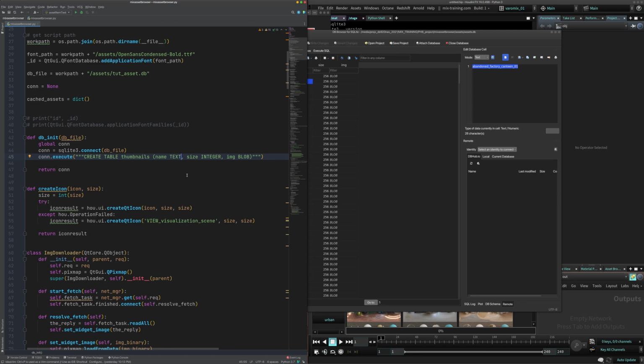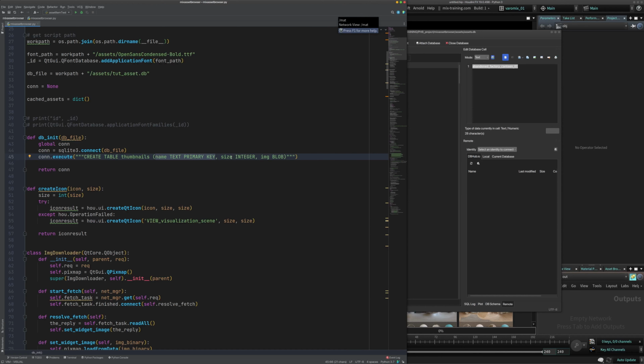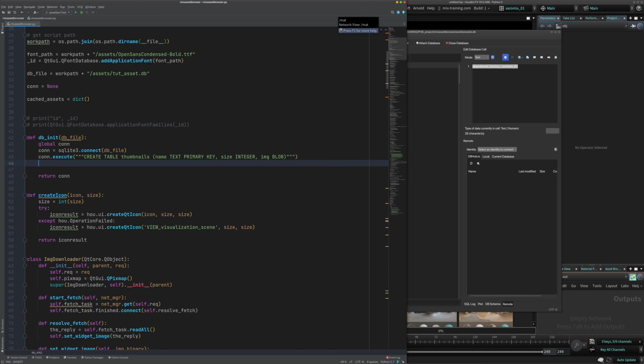So as I mentioned, the name is going to be the primary key. You just write primary key here, just give it the text primary key. This one is never going to be repeated. There's not going to be two of the same name, basically, right? And then the only other thing here is if we do this, this is going to add